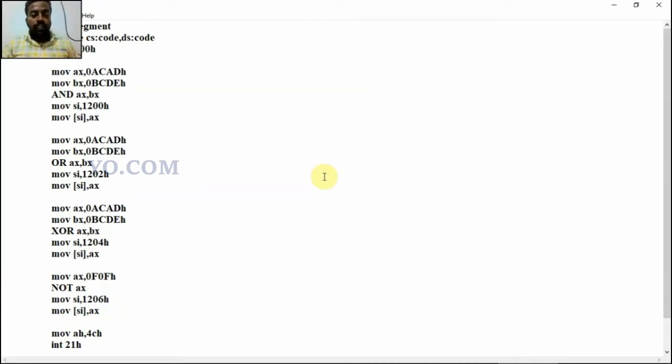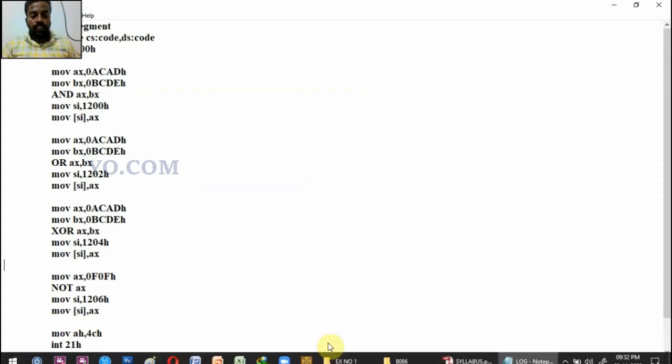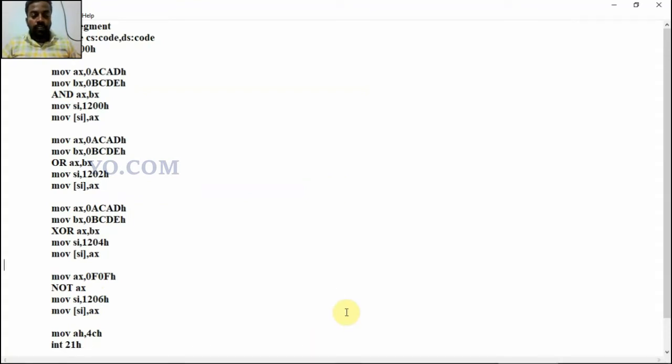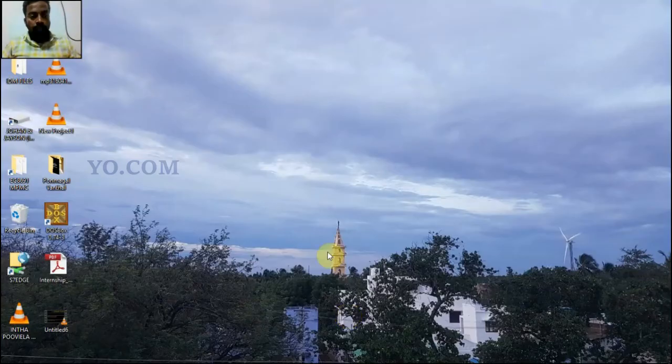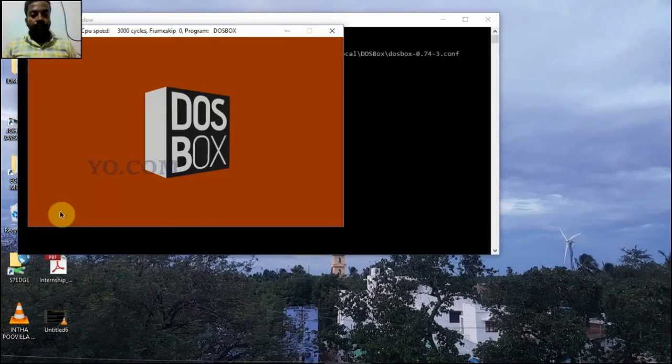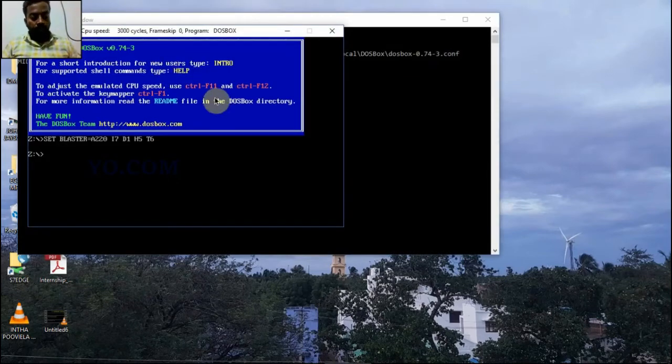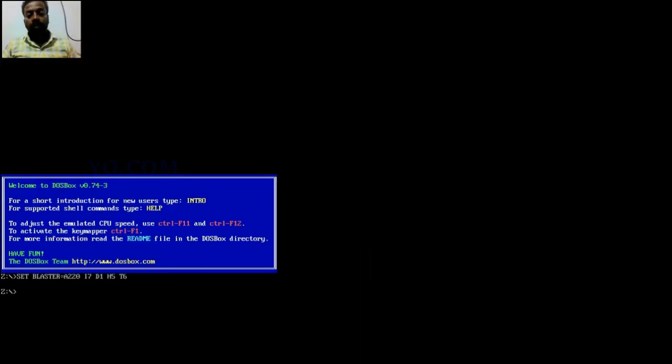Next we are going to see the execution. In order to execute the program, we have to open the DOS box and press Alt Enter. First, what procedure are we going to do? We consider the C drive.